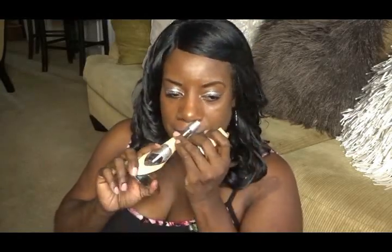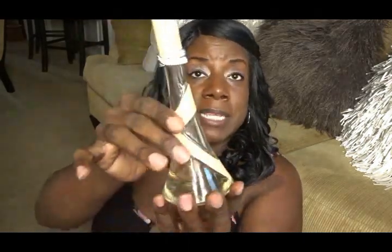I always get stopped and asked what I am wearing. It has a little musky undertone to it, but it's a sweet musky. Really, really nice favorite. And this is called Nude by Rihanna. Okay, now